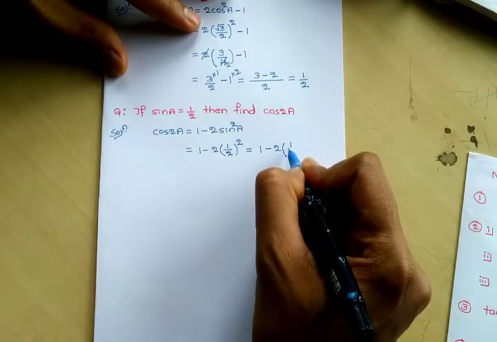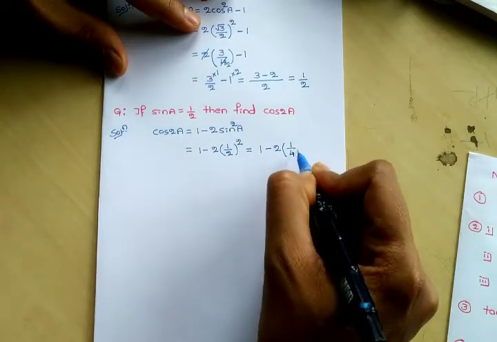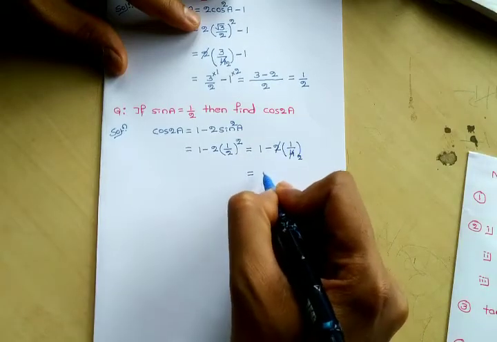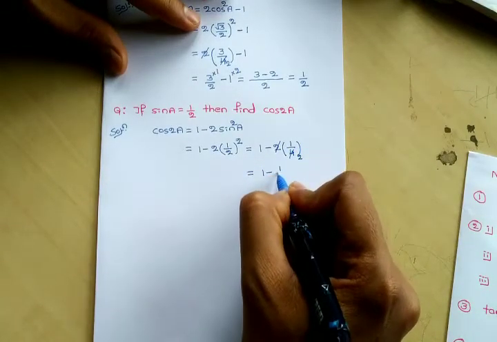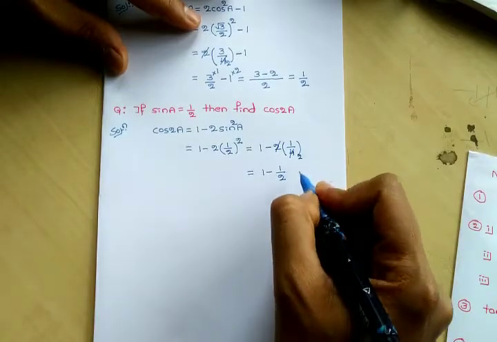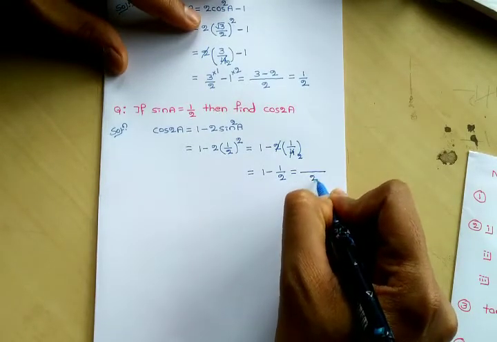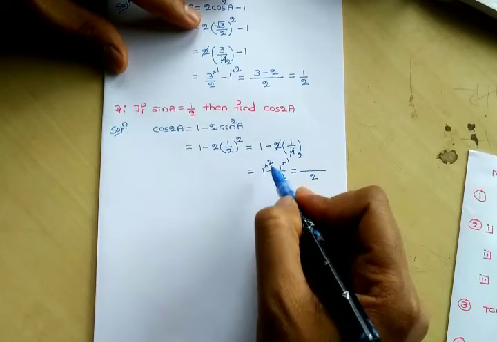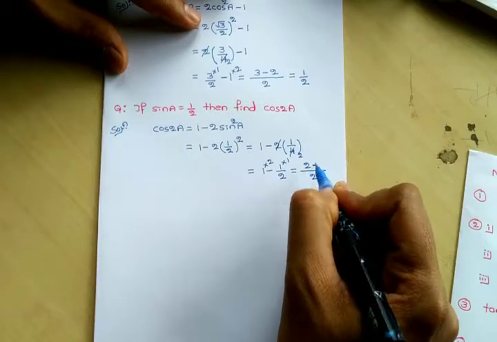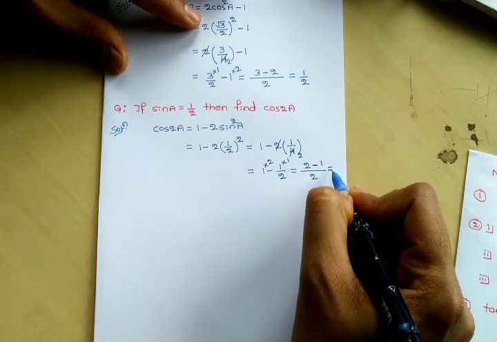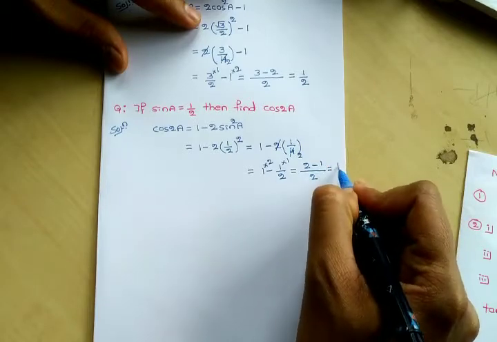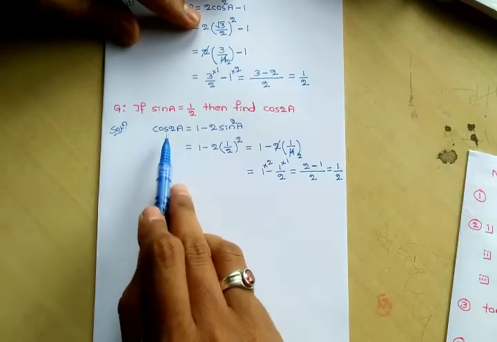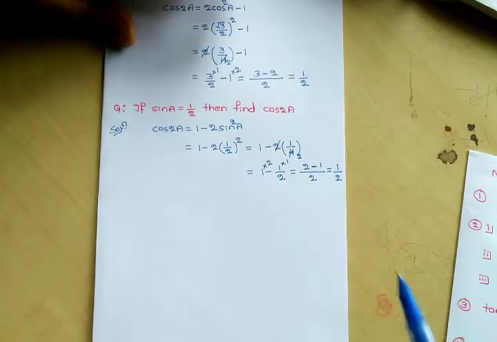1 square is 1 upon 2 square is how much here? 4. So next cancel 2 1 2 2. Therefore which is equals to 1 minus it is 1 divided by 2. So take the LCM. So what is the LCM here? 2 is the LCM. So multiply here by 2 and here by how much here? 1. Therefore 2 into 1 is 2 minus 1 into 1 is 1. So which is equals to 2 minus 1 is how much? 1 divided by denominator is how much here? 2. Therefore what is the value of cos 2A? 1 divided by 2.